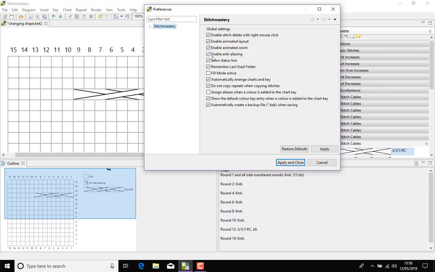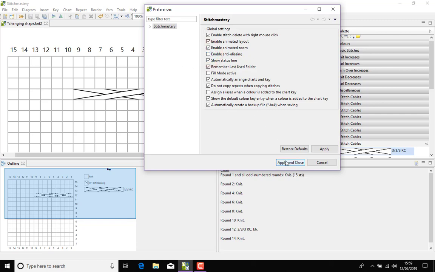The next one is Enable Anti-Aliasing. This is all to do with how the software calculates and displays long diagonal lines. On Mac laptops and computers, this is not applicable, as the way the graphics are dealt with in those systems is different, but in Windows there is a fairly noticeable difference. If we quickly look at this cable symbol I have here in the chart, it's not 100% smooth, but it's not particularly jagged.